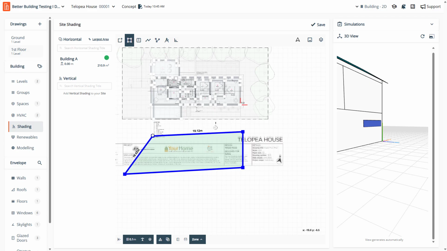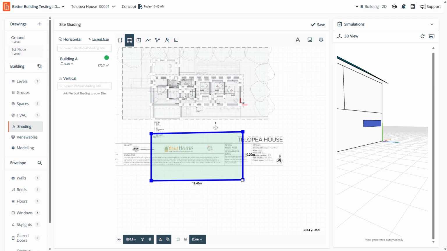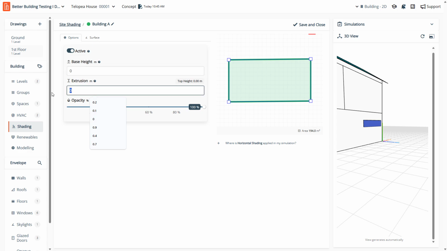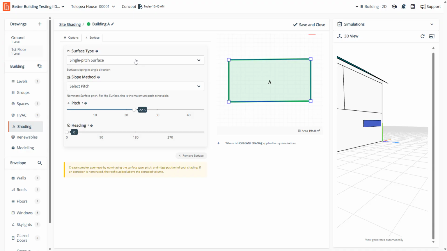And actually, I'll just set it back to the same lines as this one here. 10 meters, 10 meters. Okay, a little bit of additional detail, not really beneficial, but there you go. There is a shape. We're going to nominate this shape as having an extruded height of, let's say, 6 meters. It's going to be on the ground, and we're going to add a roof to it,